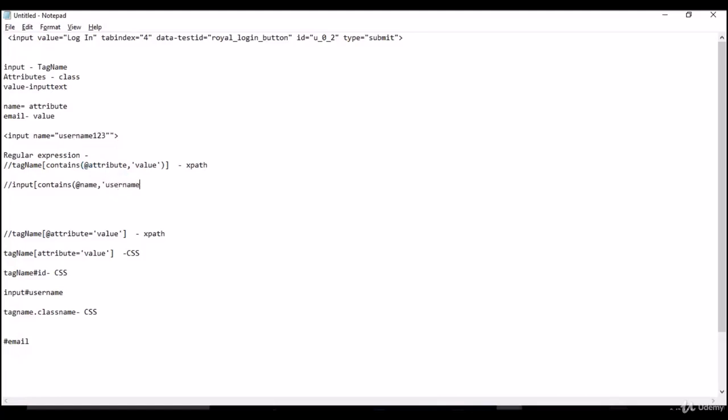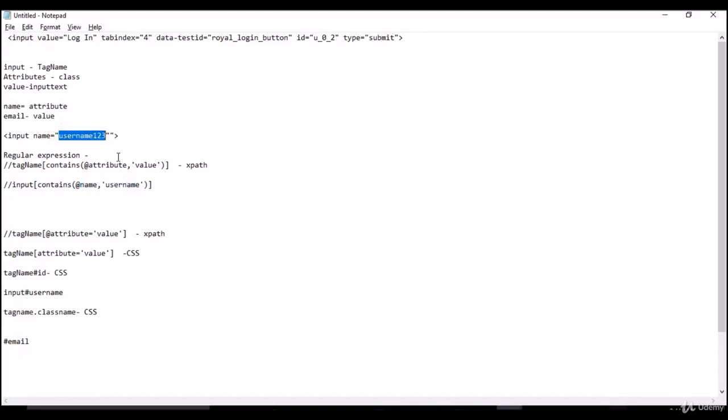So after giving this step, if you execute it in your Selenium, it will first check all the input tags it has, and for that input tag it will check the name attribute, and for that name attribute it will see whether the username text is part of the value, not exactly, but whether it matches any subtext. Is this value a subset of the actual value?